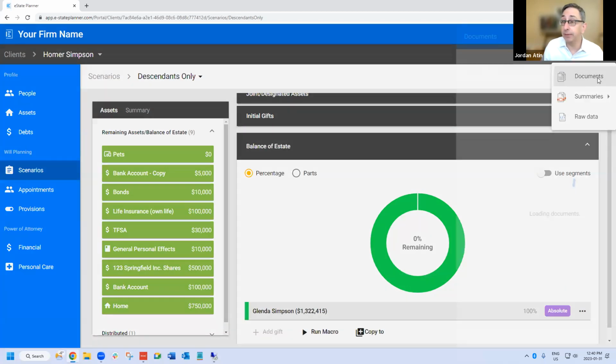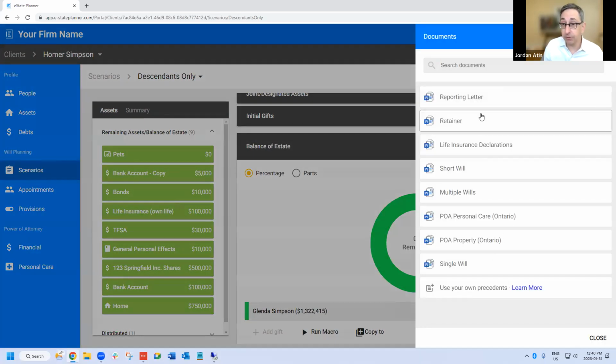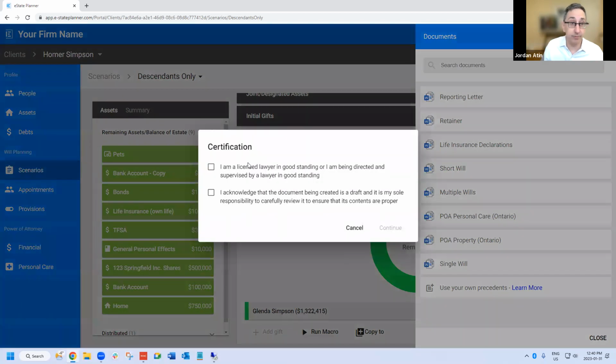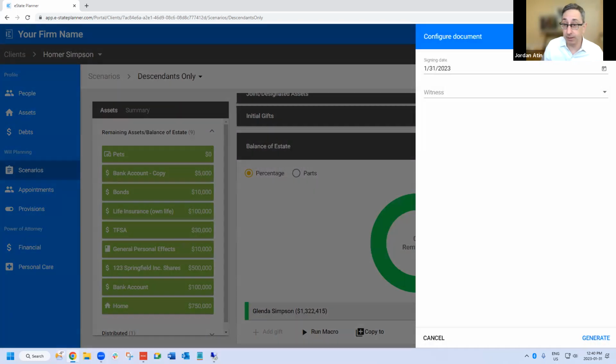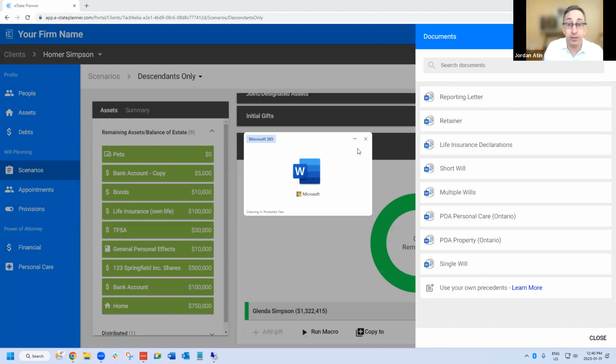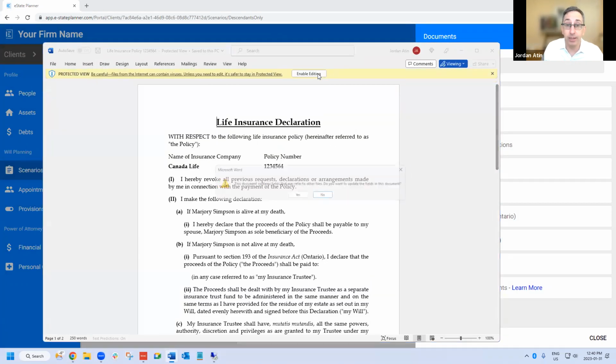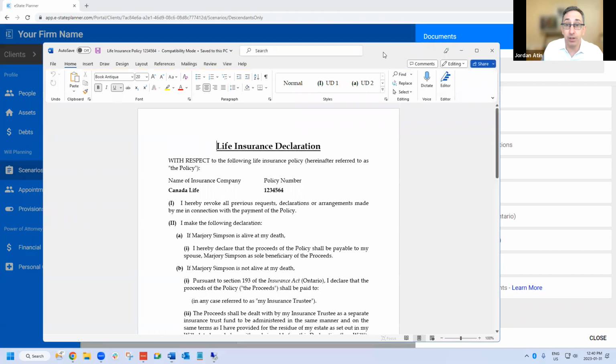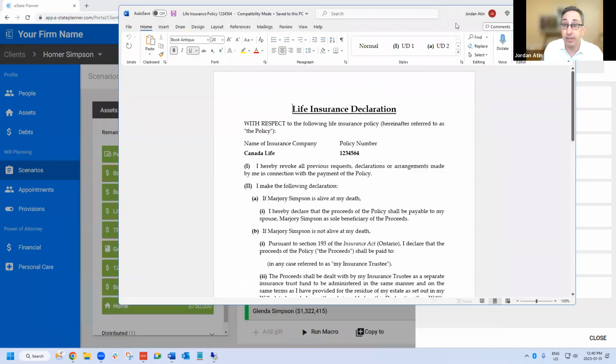So let me show you two different ways of dealing with this. The first is a beneficiary life insurance designation. Now, many people, me included, prefer that a life insurance designation, if we're doing one, be dealt with in a separate document so that we don't have to send the entire will to the insurance company.